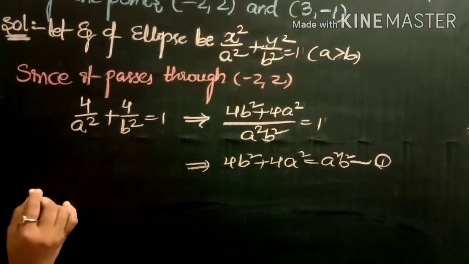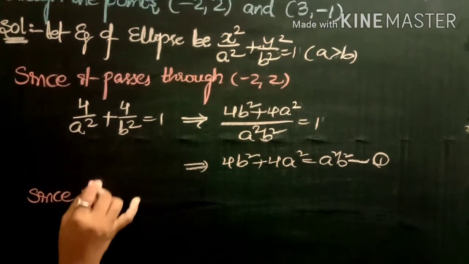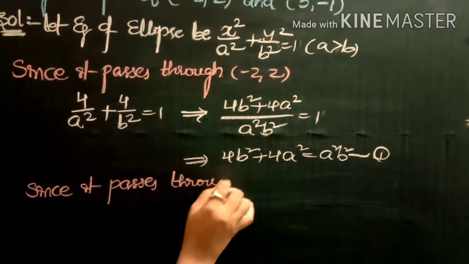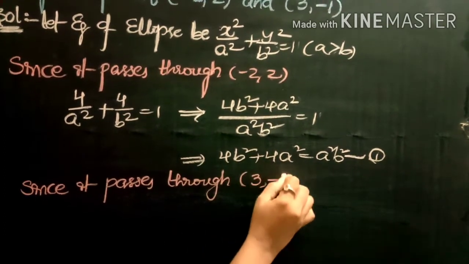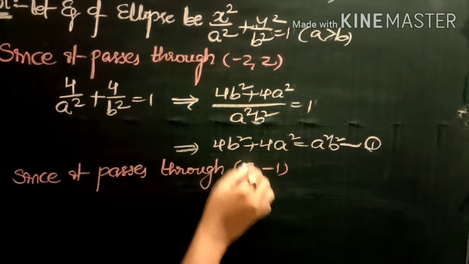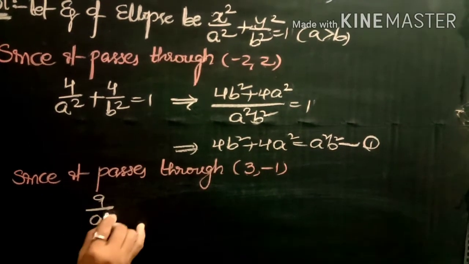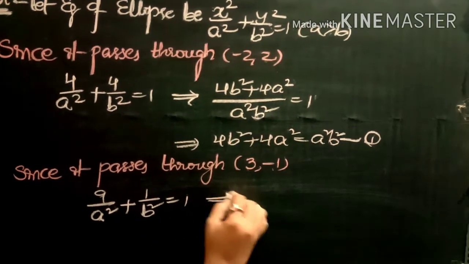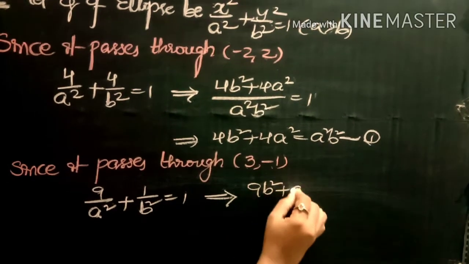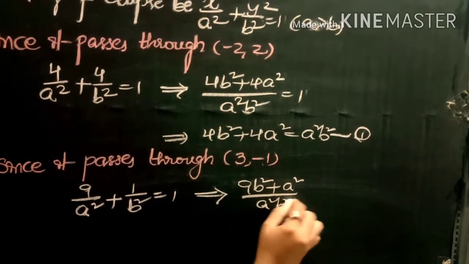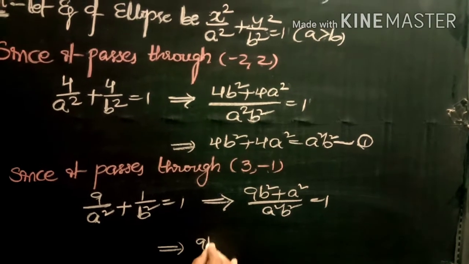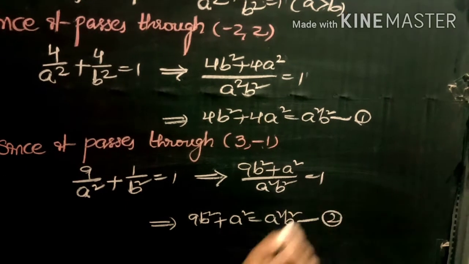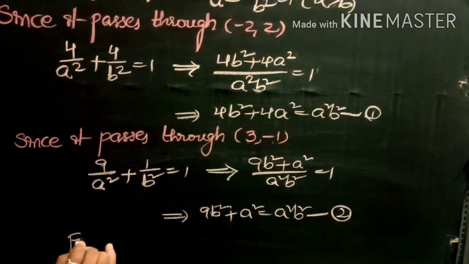Again we replace the second point, since it passes through 3 comma minus 1. We are substituting this point in the ellipse equation. In place of x we write 3. x square is 3 square, 9, by a square plus y square, minus 1 whole square, that is 1 by b square, equals 1. Taking LCM we get 9b square plus a square by a square into b square equals 1, which implies 9b square plus a square is equal to a square into b square. Equation 2. Now from equations 1 and 2,